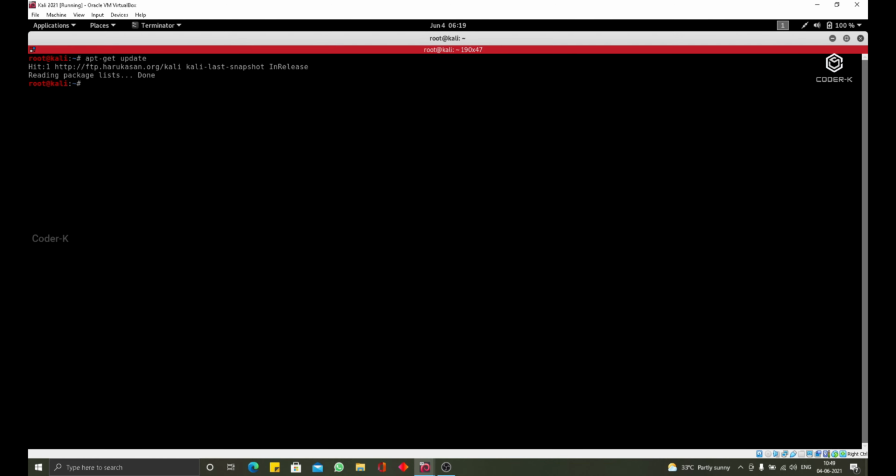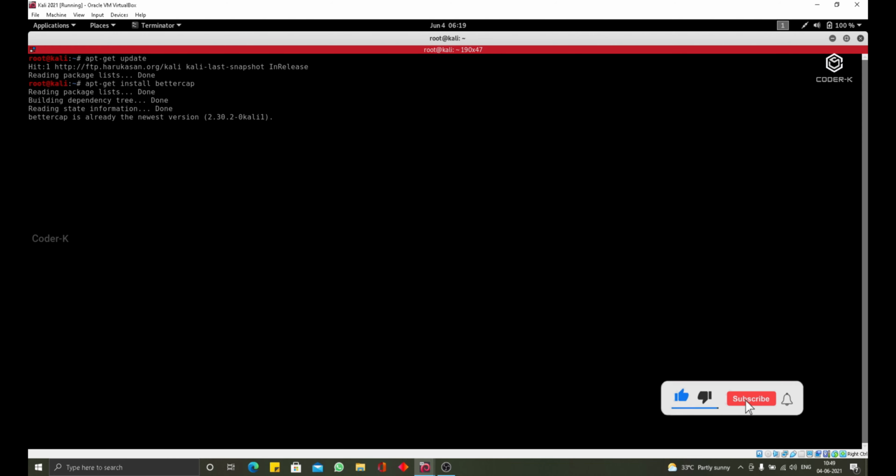We've used this command before. apt-get is the package manager that we use to download and install packages. We are saying we want to install a package called bettercap, so I'm going to hit enter. This will ask you if you want to download it, and you will have to press Y on your keyboard to download. I have already installed it, so that's why it didn't ask me. And as you can see now, it is downloaded and installed.